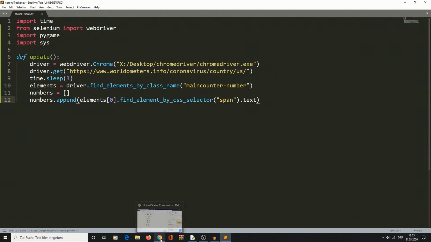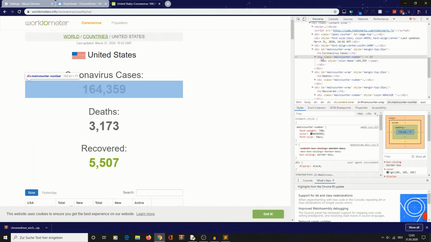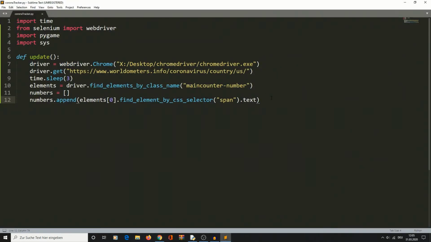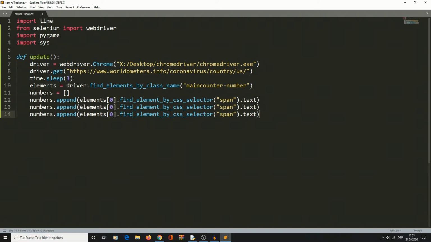So I will also show you what this means, because in these main-counter-number divs we got a span, and this has as a text the actual number. And we select this number and stuff it into the numbers list. And we are also gonna do this for the deaths and the recovered cases. And then we close our driver, which means we close our WebDriver or our Chrome,